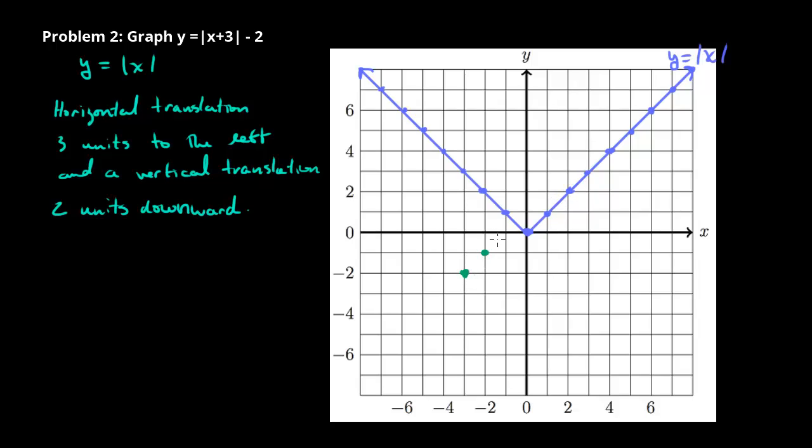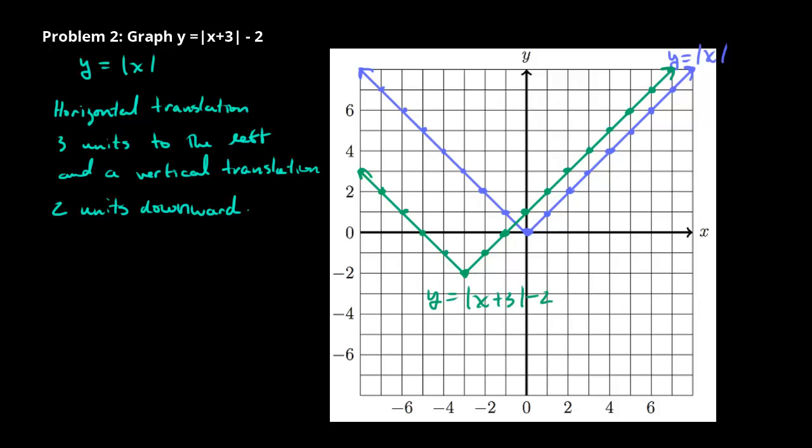So I should have another point here, a point here, a point here, a point here, a point here, and so on and so forth. And a point there. Okay. And I should have a point here, a point here, a point here, a point here, and a point here. So this green graph is the graph of y is equal to the absolute value of x plus 3 minus